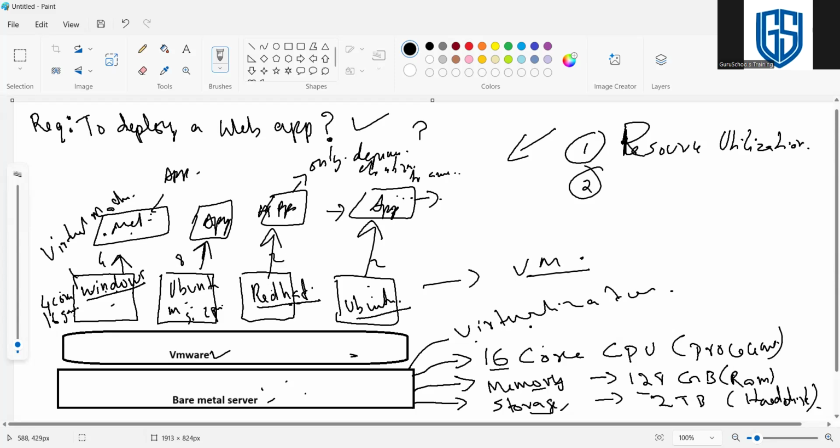So there is no need to run an entire operating system for running the specific application. If we run the entire operating system, that means we use a lot of resources.